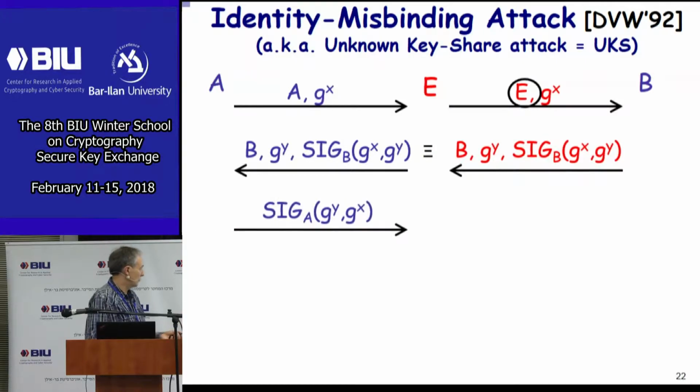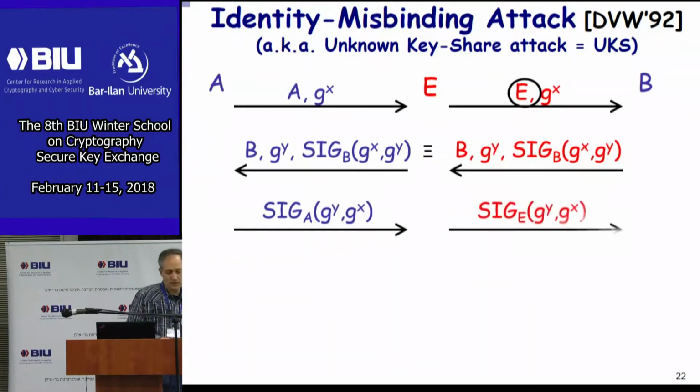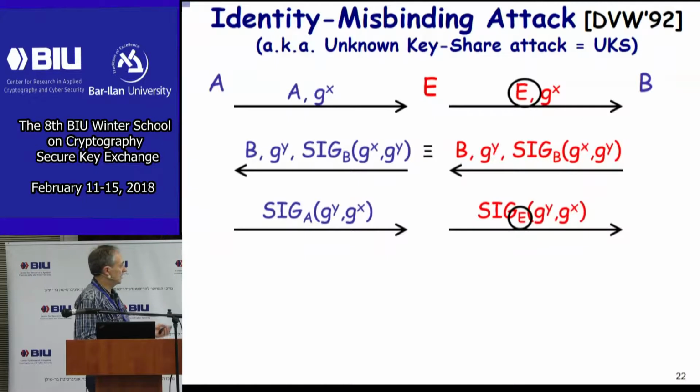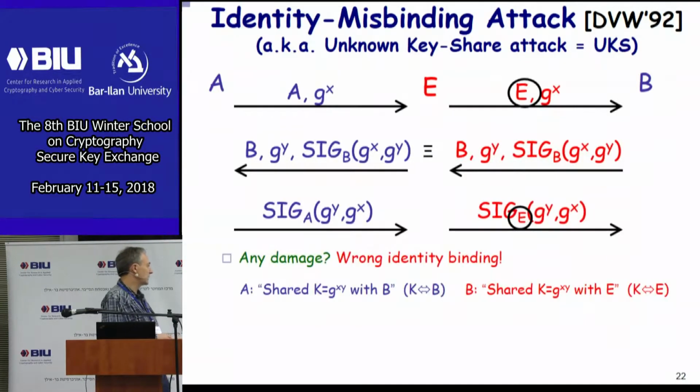Then when the signature of Alice comes, instead she signs the same value g^y g^x. She doesn't know y or x, but she caused this